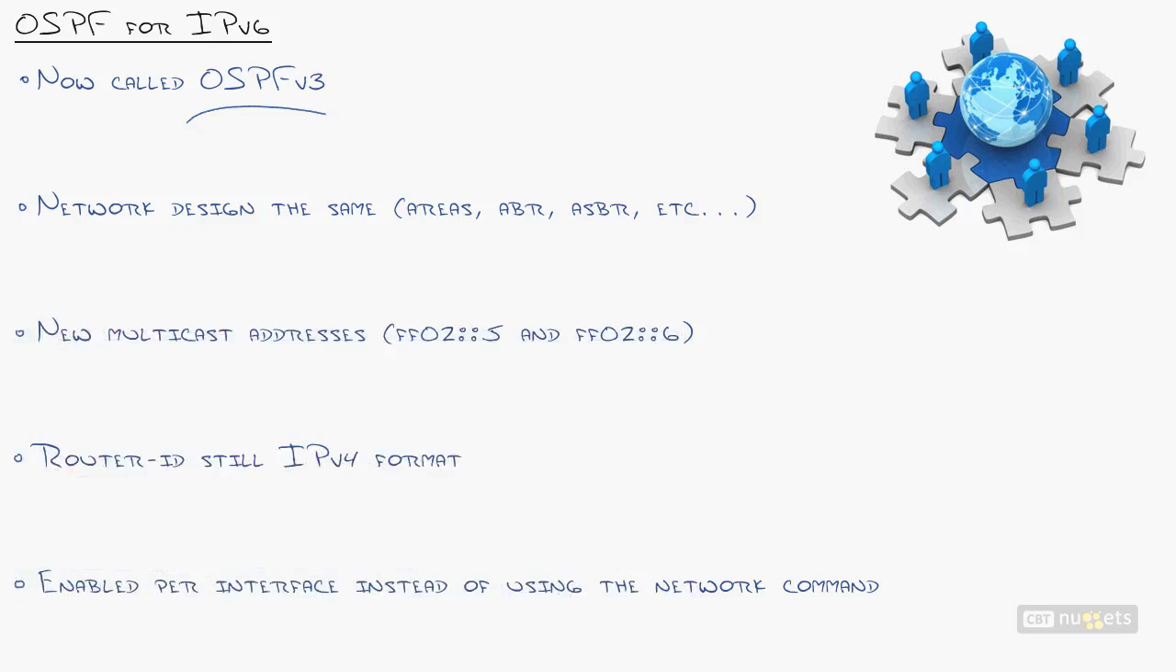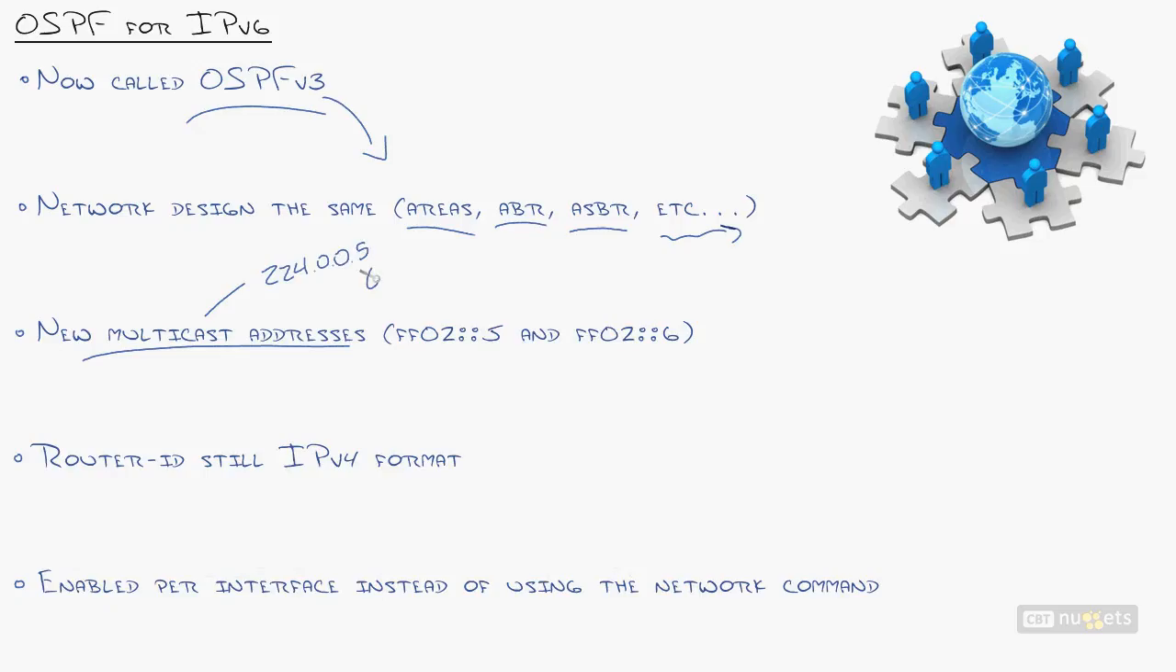So network design in OSPFv3 is the same. We've got the same areas, area border routers, autonomous system boundary routers, all of those concepts that we've come to know and love through ICND1 and ICND2 are the same. Now, what's different is instead of having the multicast address of yesteryear, the OSPFv2 of